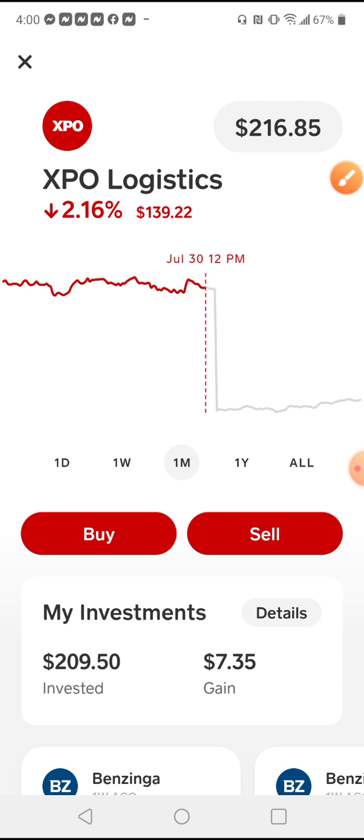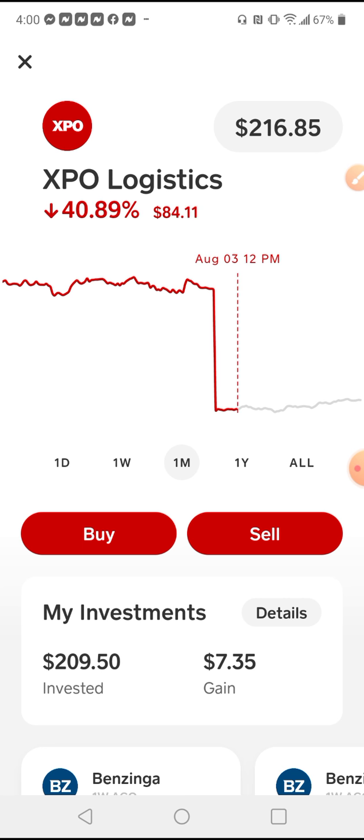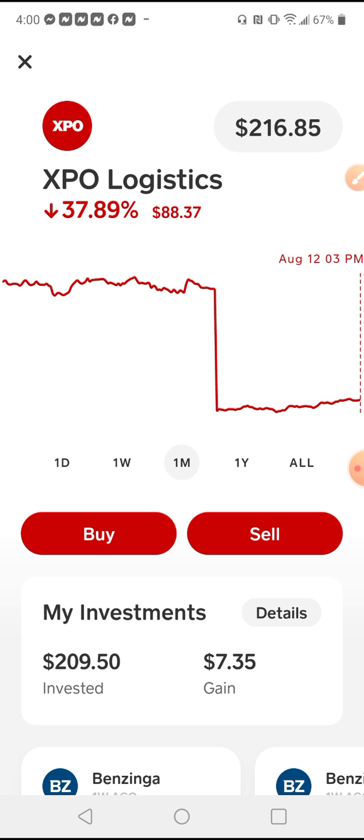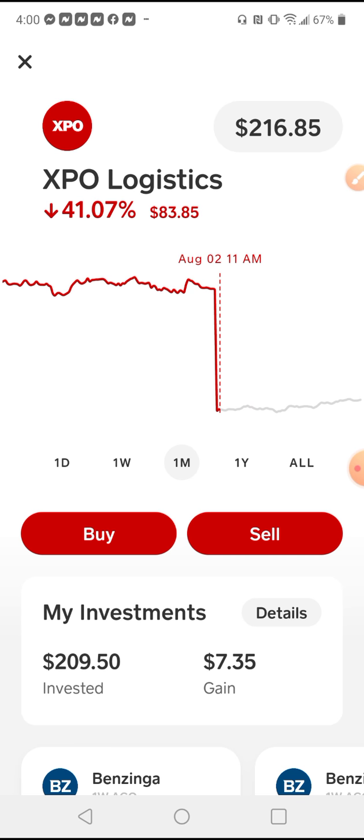As you see right here, it was kind of coming down already, down 2%, whatever. Then it hit all the way down here, bang. Now, as you can see here, watch this. It was at 41, and we're going to slide it to the right. It already recovered that much. Free money. So if you caught this right here and you saw this, oh look, it took a gap down.